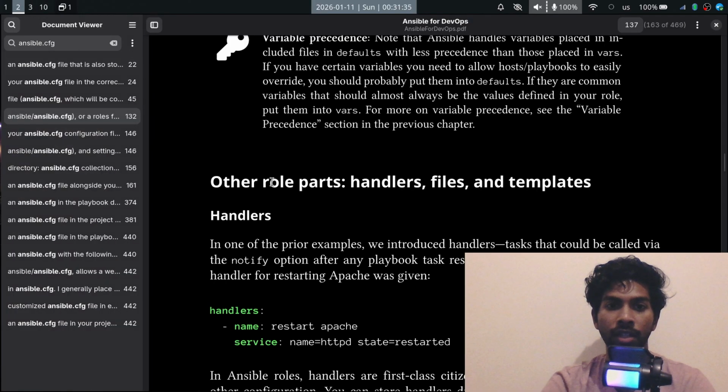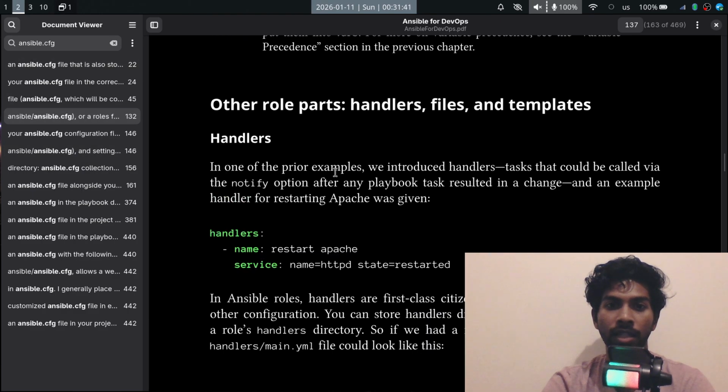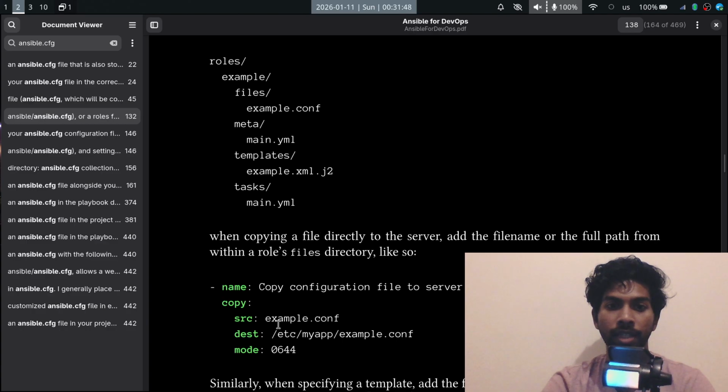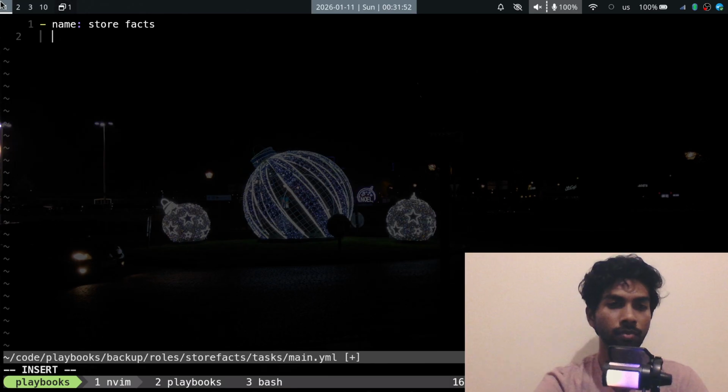What I need to check is the book. In the book, we have something with roles and templates. Oh, right here, templates. Files and templates. So I do example files, example.conf, and then I can do source example.conf because, okay, got it. So the module is going to be template, source,